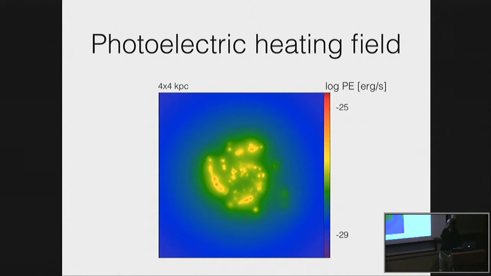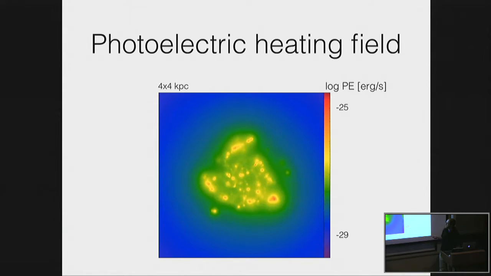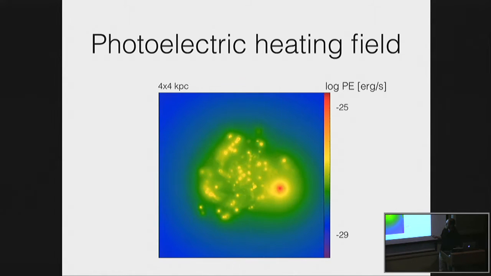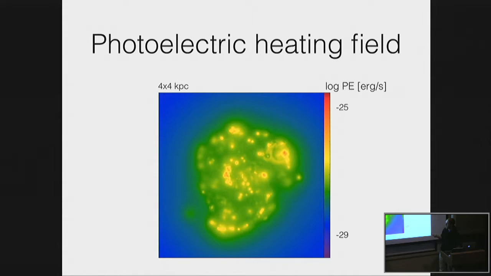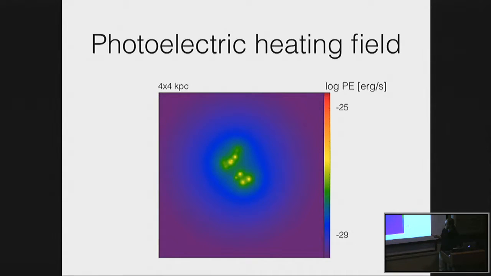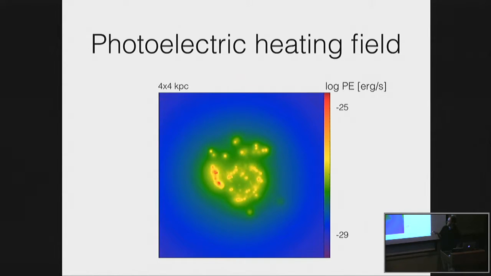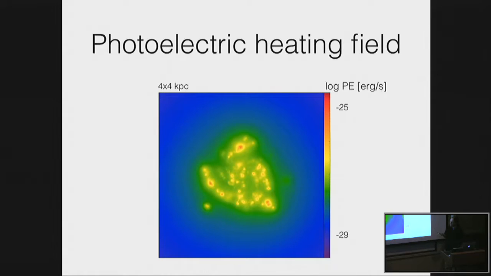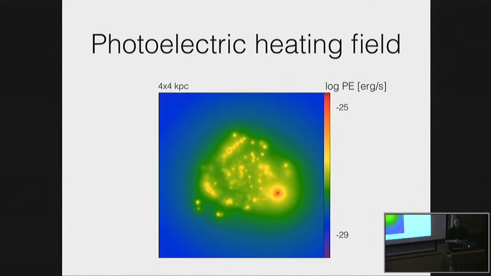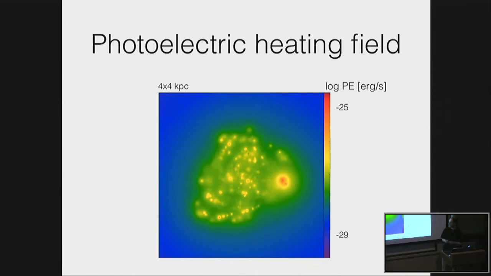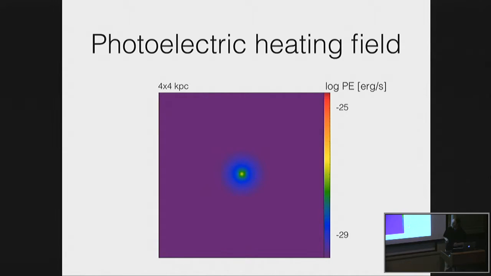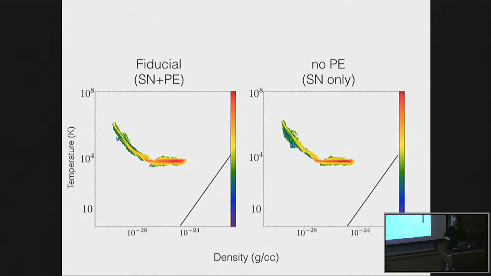And here are a few snapshots showing that. And you can see that we're actually resolving the photoelectric heating sources into individual sources, and each of these varies in time and, of course, space. And so the photoelectric heating field across the galaxy can actually vary by a huge amount. So treating it as sort of constant in space is not a great approximation, but lots of people do that. But why does it make such a big difference, whereas supernovae actually don't seem to make much of a difference?